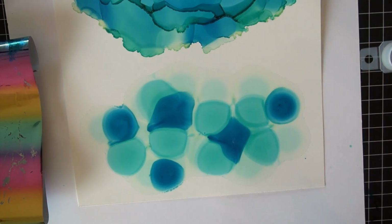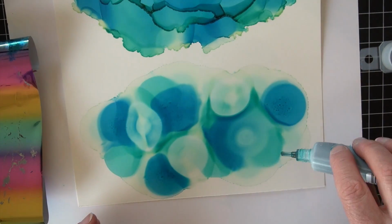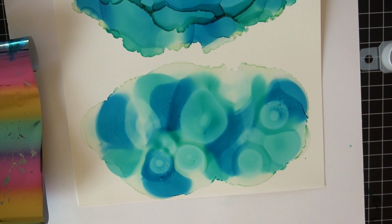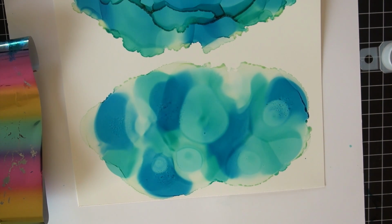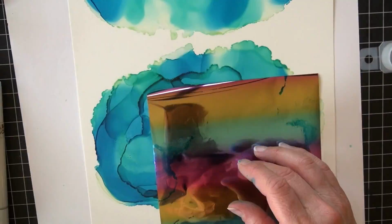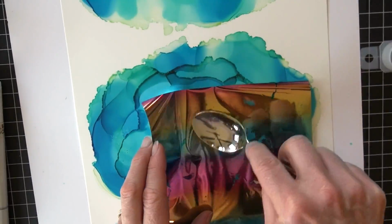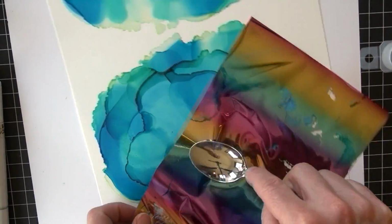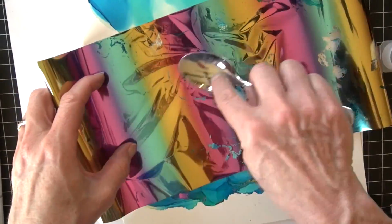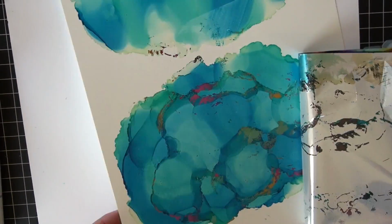So all I'm doing is dropping ink on the Yupo. It is doing the rest of the work. This is single drops of these different colors, those 3 colors. And now if I had slowed down a little bit, this was going to happen a lot faster for me. But what I'm going for is some thicker portions of ink. See how in this one, how you have those puddles of ink kind of around the edges? That's what I need, because those are going to stay a little bit sticky even when the rest of the ink dries. So I go with my foil and I lay it kind of silver side down